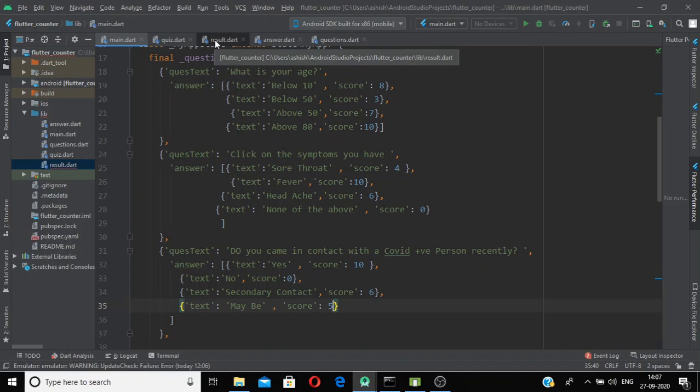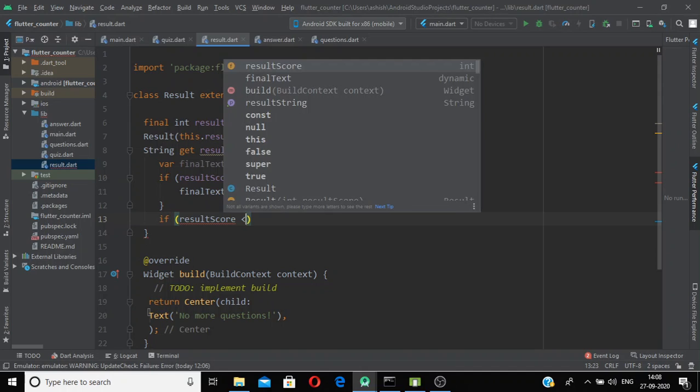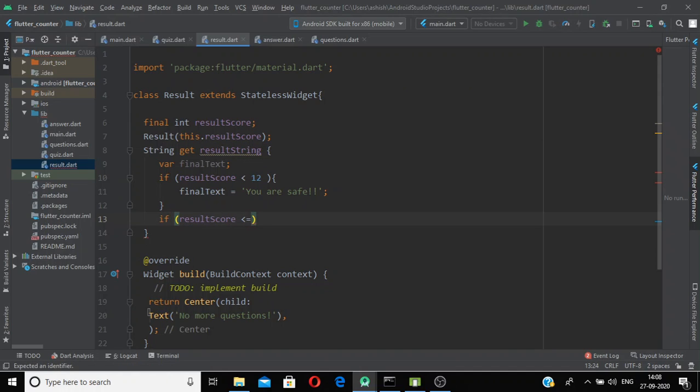So if the result score is less than or equal to 15,